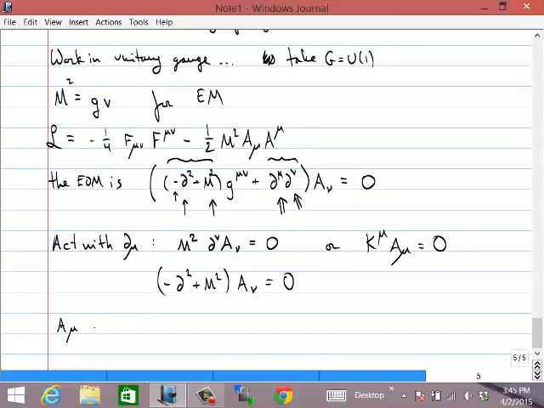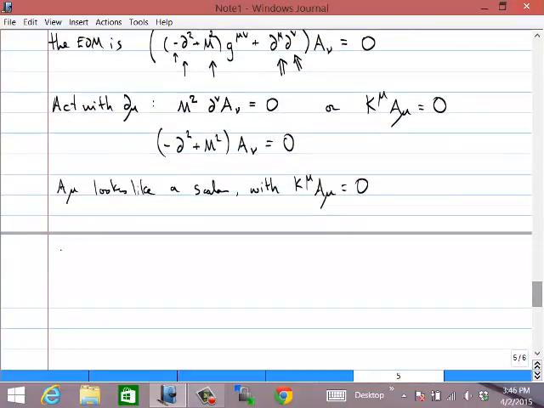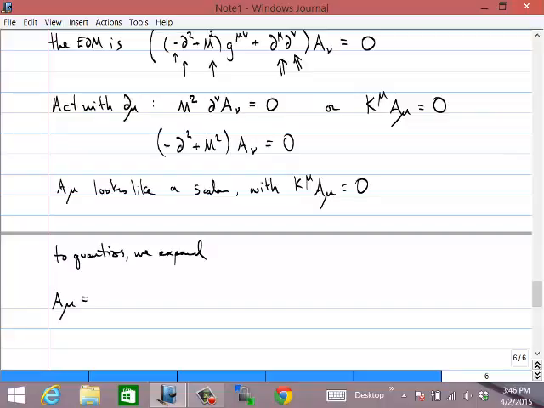So A mu looks like a scalar field, or rather I should say a collection of scalar fields subject to the constraint that in Fourier space K is perpendicular to A. So for example, if we want to go ahead and quantize, we can just expand in modes so that, for example, if you wanted to expand in raising and lowering operators,